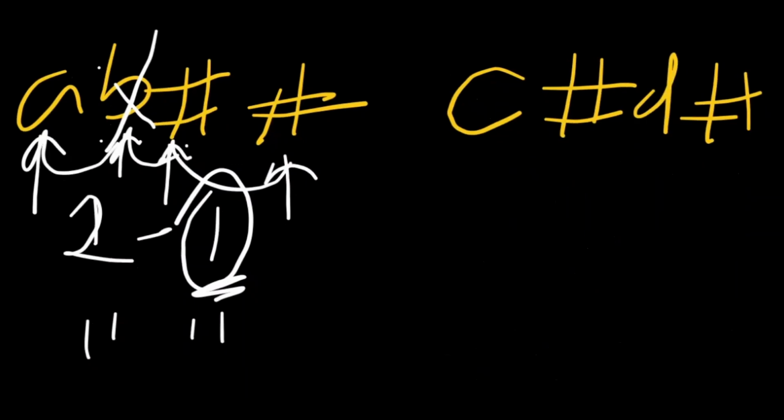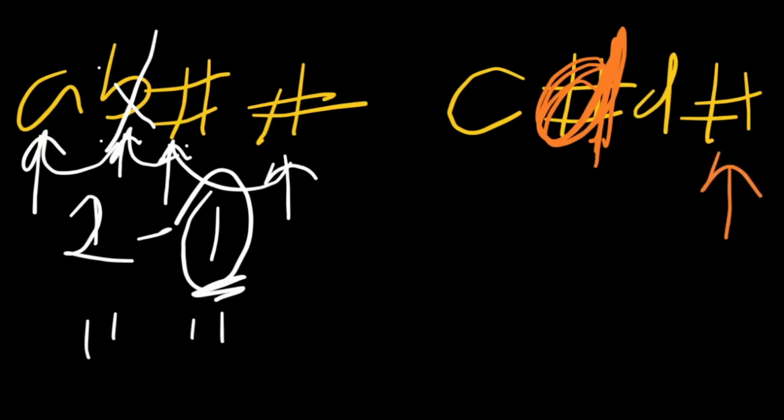Let's assume this was not a pound sign and this is the letter D or A, however you see it, and then we start with the pound sign tracker, which cancelled out this D, and then we are left with C and D. We can see that this empty string is not equal to this string CD,